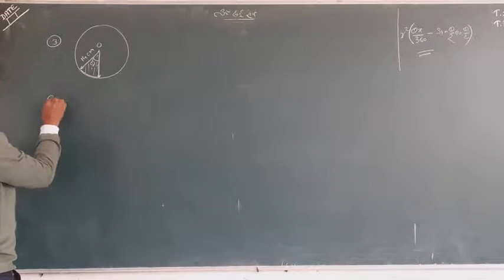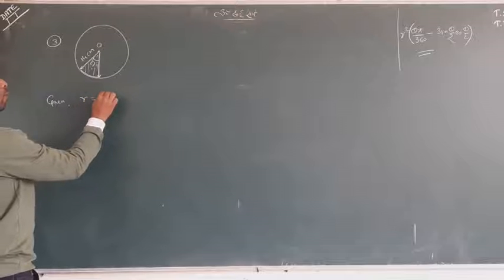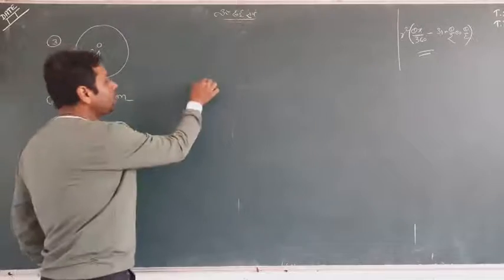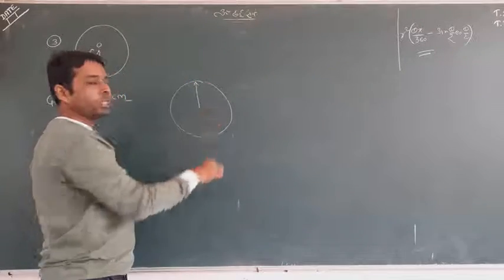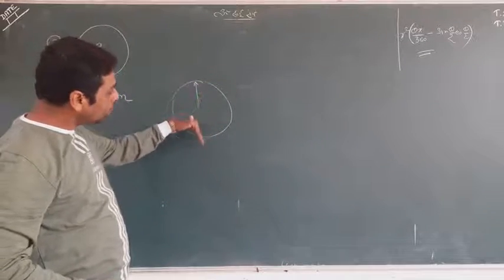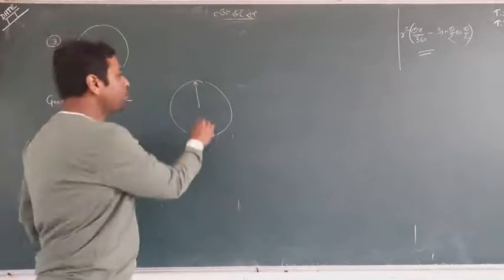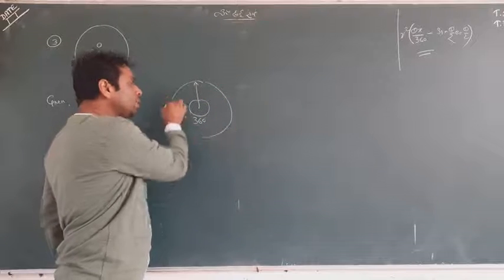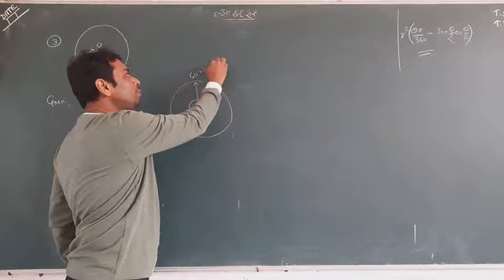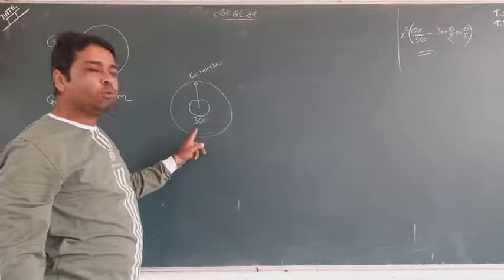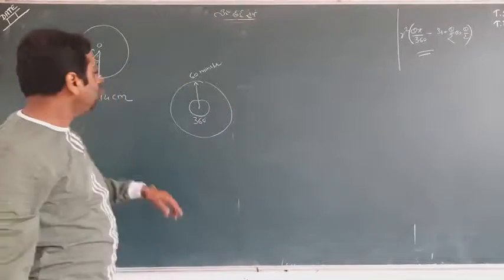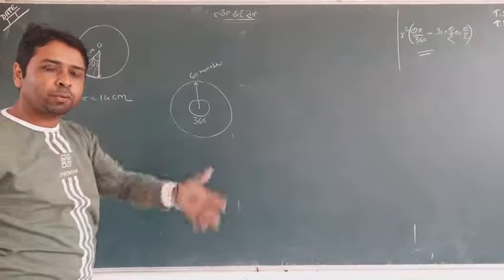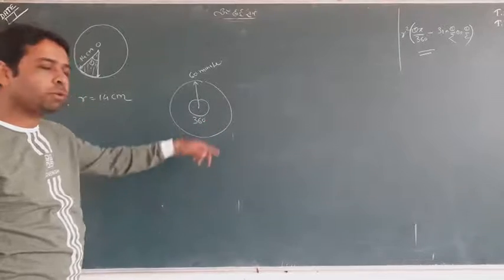Let me say something. The radius is given as 14 centimeter. We know that when we talk about the minute hand, when it turns a whole 60 minutes, it makes 360 degrees at the center. When it moves 60 minutes, meaning 1 hour, it moves 360 degrees. But at this time the minute hand moves only 5 minutes. So we will find the central angle by this particular concept.